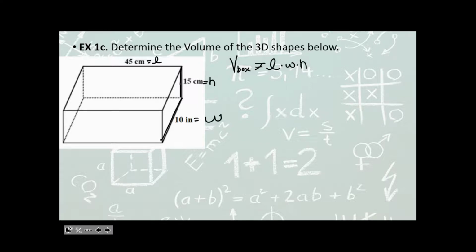Now, if I'm looking at this, I have a problem because this is in centimeters, this is in centimeters, and this is in inches. When I'm trying to solve for volume or surface area, I want to make sure that I have a common unit. So what I'm going to need to do is change that 10 inches to centimeters. And so you can look at your formula sheet, and if you remember how to go from inches to centimeters, you just times by 2.54,